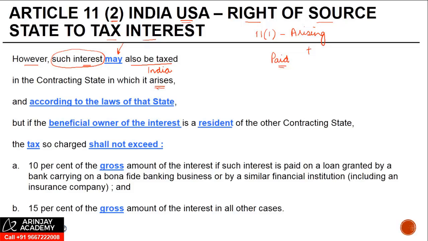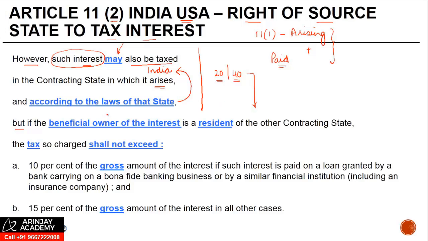Which was the contracting state where the interest was arising? It was India, and according to the laws of that state, which means that the interest arising as well as paid and referred to in Article 11 may be taxed as per the domestic tax laws of India. So if the Indian tax law provides that the tax rate has to be 20%, that's what will be applicable. If the Indian state provides that it has to be 40%, that is what will be applicable, right? But this is subject to certain exceptions. And what are those exceptions?